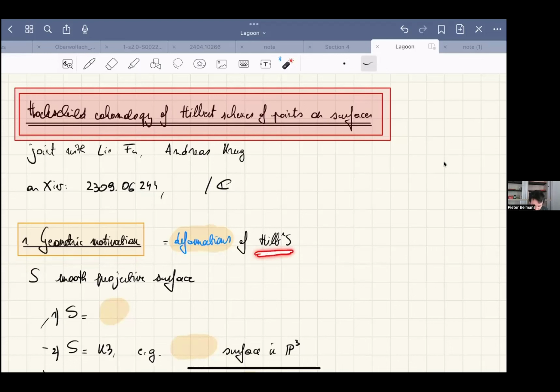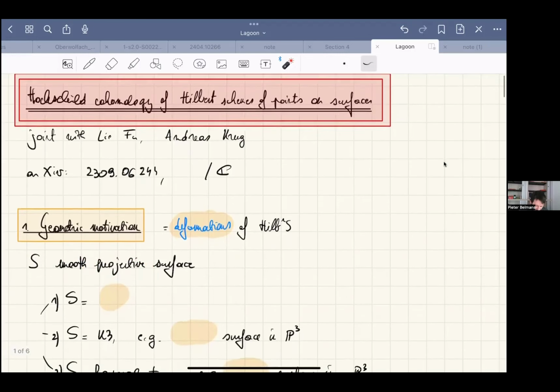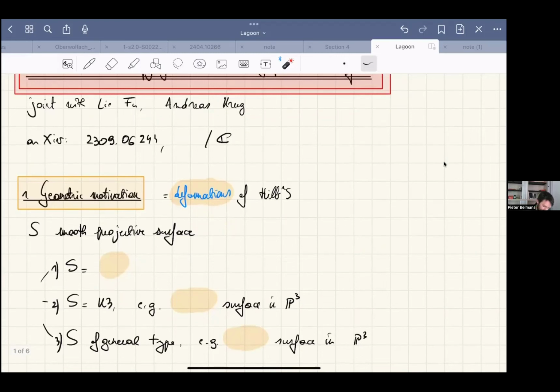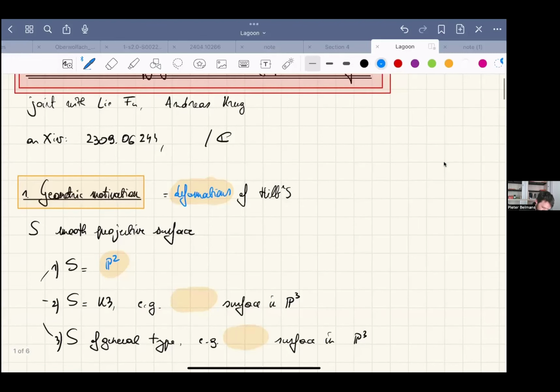of Hilb^n S, so of the Hilbert scheme of n points on a surface. And what is a surface to us? It's going to be a smooth and projective surface, a variety of dimension 2. Both these adjectives are important. And maybe you don't have your favorite smooth projective surface in mind if you're more on the algebraic side of things. But I think you have heard of the projective plane, and the projective plane is a very convenient example to include. So we will take as our first example the projective plane,